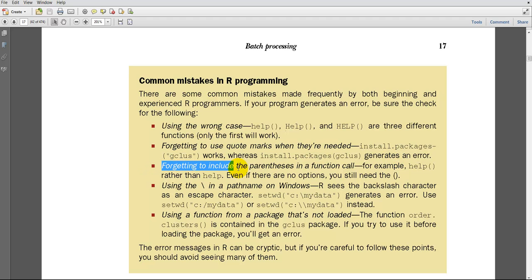Forgetting to include the parentheses in a call. So for help, you need the parentheses. You can't just type that. Even if there are no options, you still need the parentheses. Using the backslash in a path name on Windows,